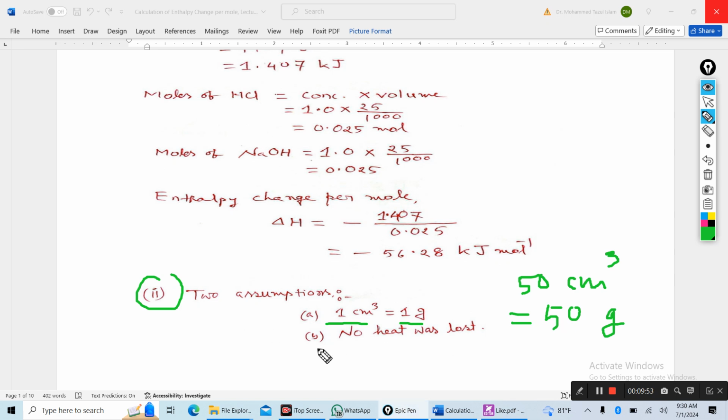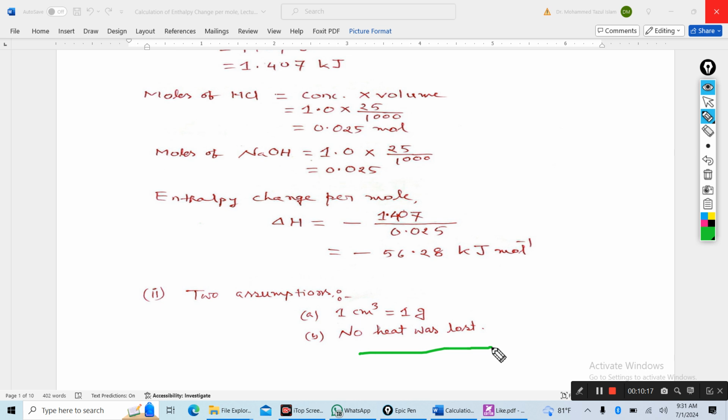And number B, no heat was lost. When you are measuring the temperature, you know heat is lost, but you don't calculate the lost heat, so you have to assume that no heat was lost, because if you don't assume this, you have to calculate how much heat is lost. So when you calculate this, you assume that no heat was lost, and 1 centimeter cube equals 1 gram. Then